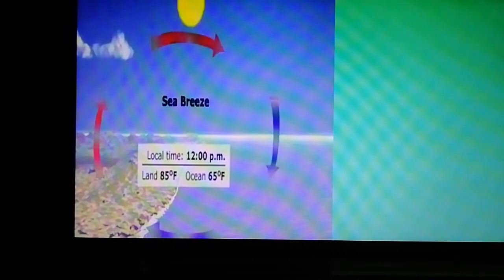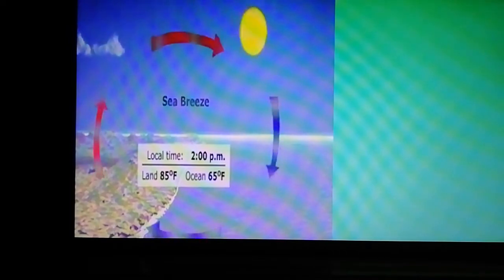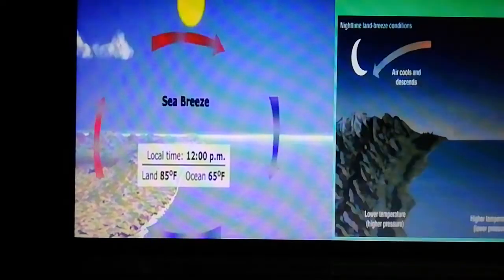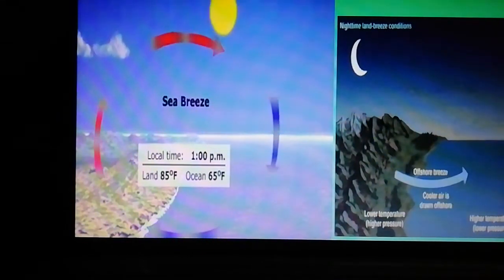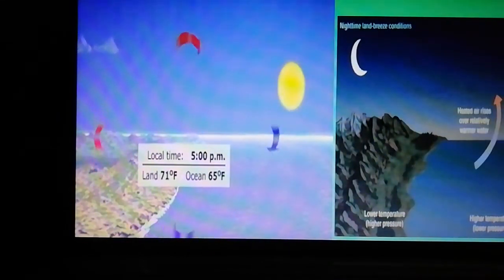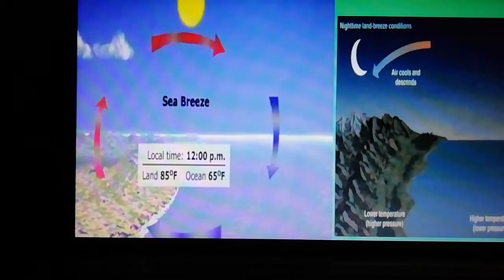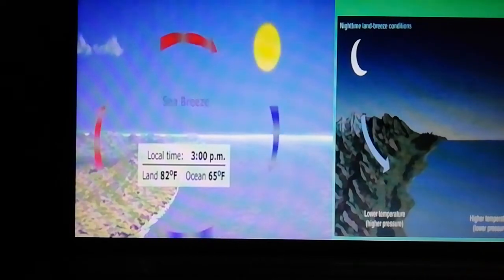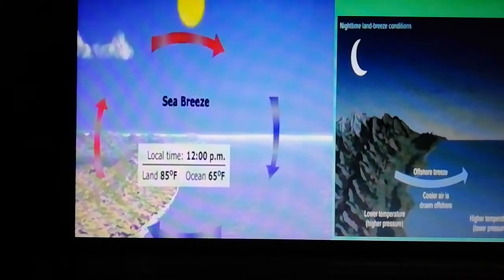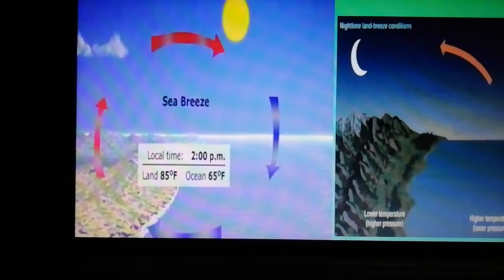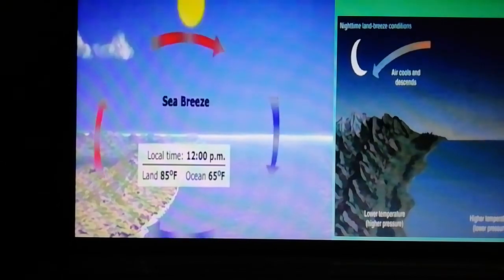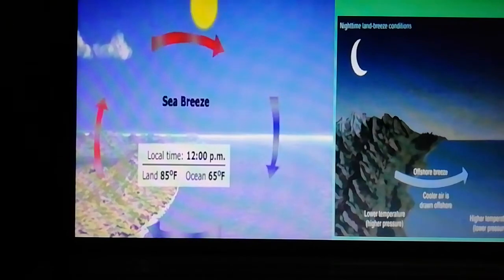All right. Now this happens during the daytime. At night, what happens? The reverse happens at night. Now the water which was heated slowly and gradually during the daytime, it does not lose its heat easily because it is a poor conductor of heat. All right, heat from the water doesn't get conducted to other substances.